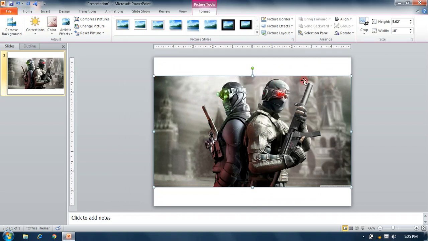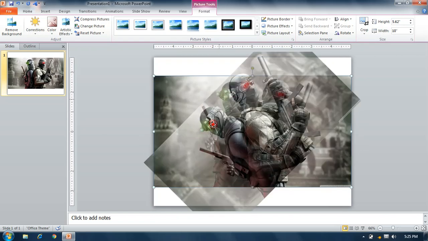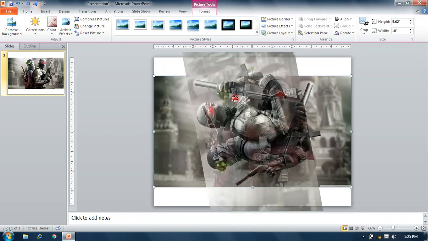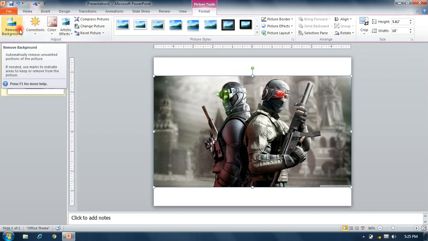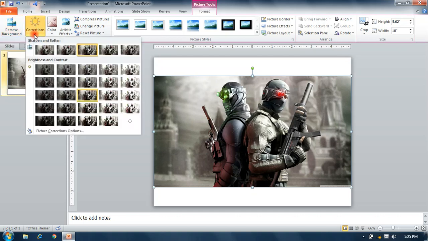Look, this is selected. This green dot means we can put our mouse pointer here and this is the rotation handle. Now we can rotate our picture in any direction. Now when our picture object is selected, it opens the picture formatting options. Remove Background removes the background. If there is any other correction, it corrects.